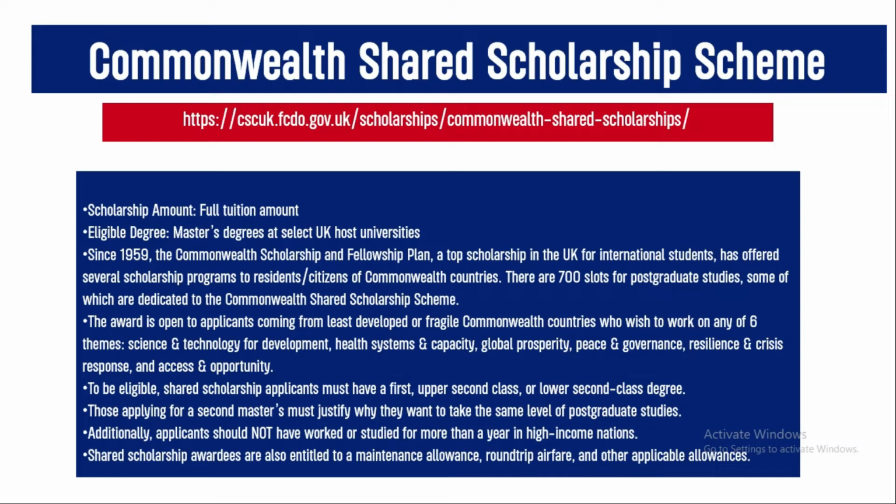Since 1959, the Commonwealth Scholarship and Fellowship Plan, a top scholarship in the UK for international students, has offered several programs to residents and citizens of the Commonwealth countries. That means that you must be a resident and citizen of a Commonwealth country. There are 700 slots for postgraduate studies, some of which are dedicated to the Commonwealth Shared Scholarship Scheme. The award is open to applicants from least developed countries or fragile Commonwealth countries who wish to work on